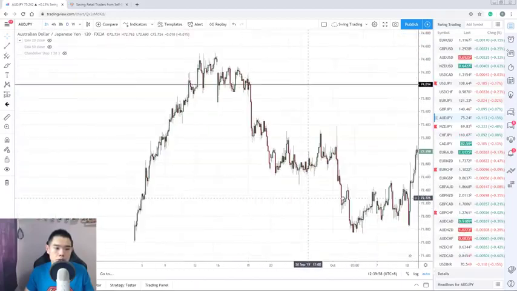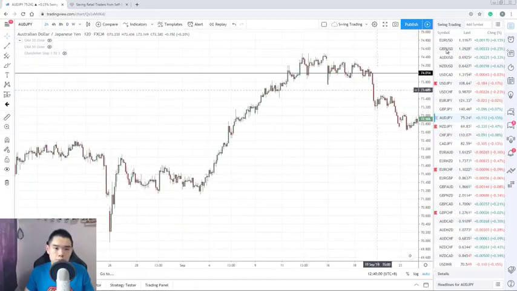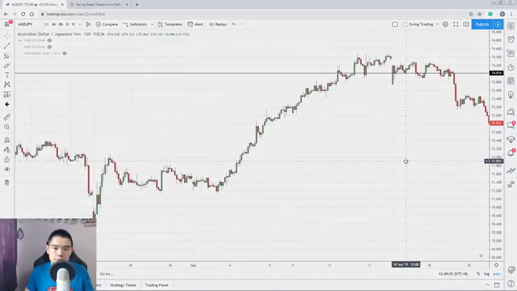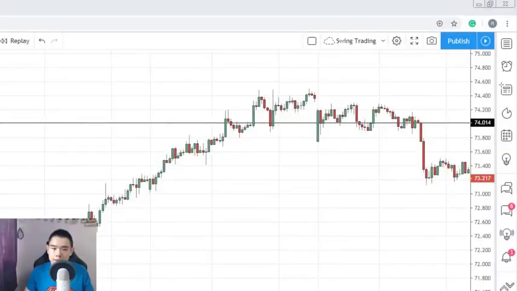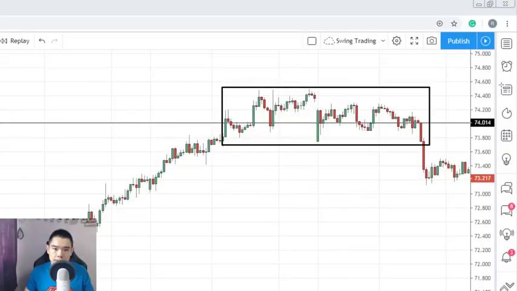I just zoom out a little bit, and you can see that over here, this is where the break of structure technique comes into play. At this point, you can see that this is the resistance you saw earlier on the daily time frame. And on the 2-hour time frame, you can see that sellers are starting to come in and taking control of the market. You notice that previously you had a series of higher highs and higher lows, but at this juncture, you now have a lower high, and this is the area of support